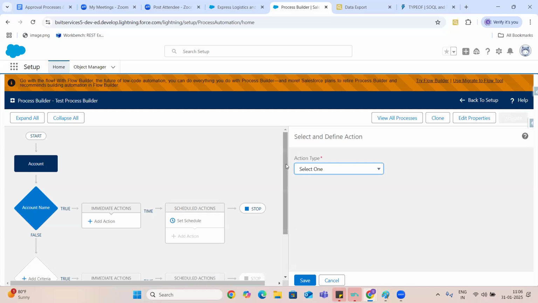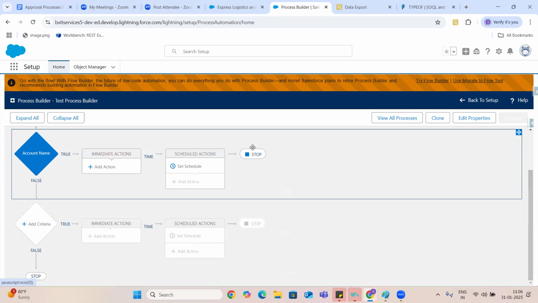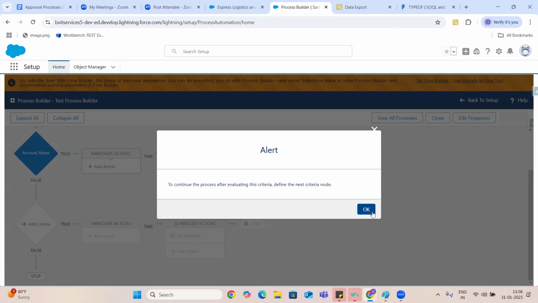And another important thing is you can write multiple criteria in a single process builder. In workflow rule, at a time you can write only one formula, whereas in process builders, you can add multiple criterias, multiple rules. You can evaluate in a single place. If the first rule is not satisfied, then it will come to the second rule. And there is an option also, guys, instead of stop,